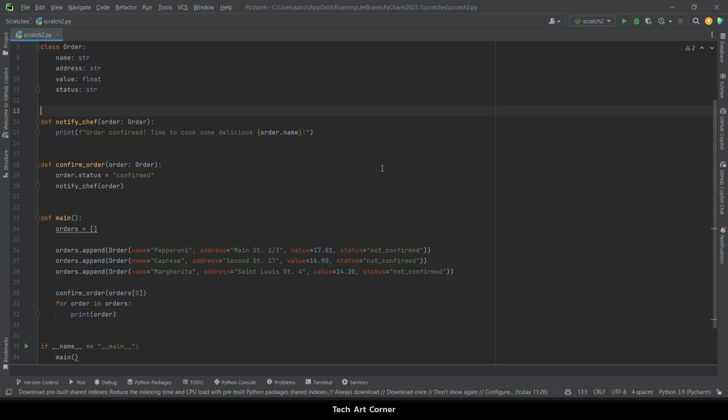If you have some order or product, like the pizzas we have in this example, it is probably a bad idea to set order status as a string. We may make typos, like here. We may not be sure if we should use uppercase or lowercase, so I could type "not confirmed" here. And we already would have a bug. Our program would no longer work the way we intended.